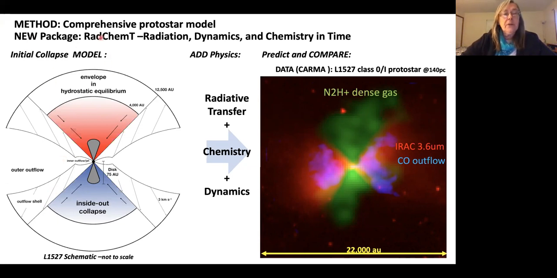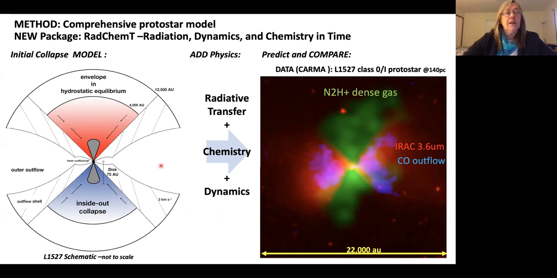We start with an initial collapse model. We add physics, including radiative transfer, chemistry, and dynamics, then use the predicted chemical abundances to produce simulated spectral line cubes that we can form images with and compare with ALMA and CARMA data. To validate the approach, we modeled the Class 0/I protostar